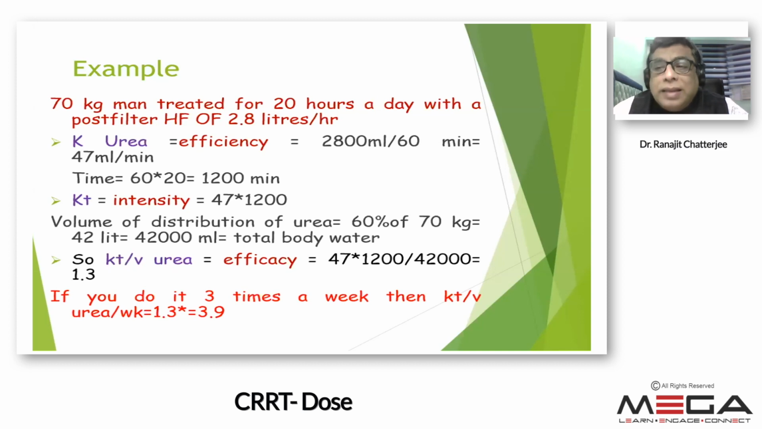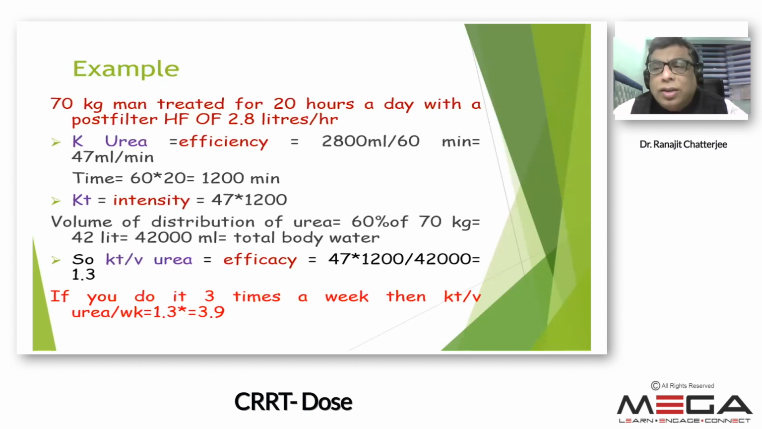So we basically target this value of 1.3, or if we do 3 times a week, it comes around 3.9. That is basically the target that we try to achieve in hemodialysis. But what is the problem in patients of acute kidney injury, in patients of sepsis, in patients who are critically